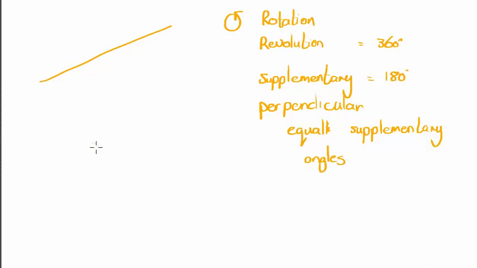Now, there's only one way that's possible. If angle x plus angle x adds up to 180, so they're 2 equal angles, that means perpendicular angles are 90 degrees. Perpendicular isn't defined as a 90-degree angle. Perpendicular is an angle that is equal to the angle next to it, and they both add up to 180 degrees. But it then follows that both must be 90 degrees. Okay, so these are some of the basics.